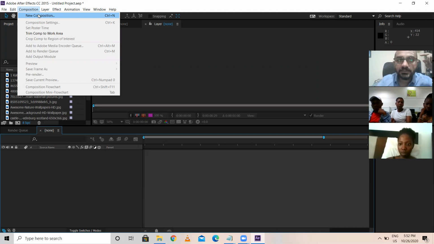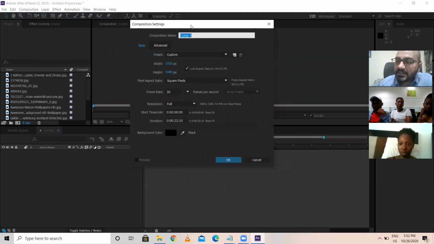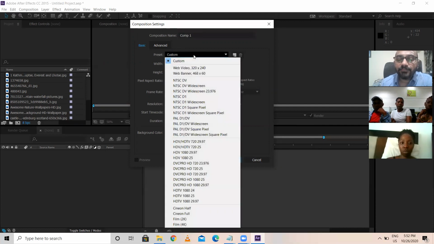Now, this is the composition settings window, a separate window, wherein there are so many presets. For example, are we going to do this video for web video, or a web banner, or widescreen? On what ratio is it?